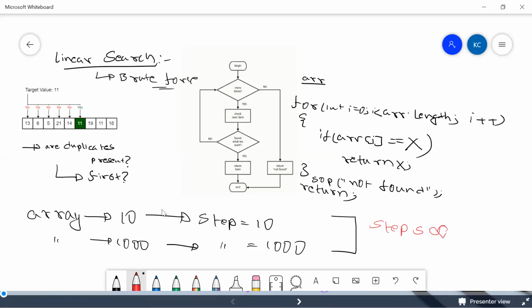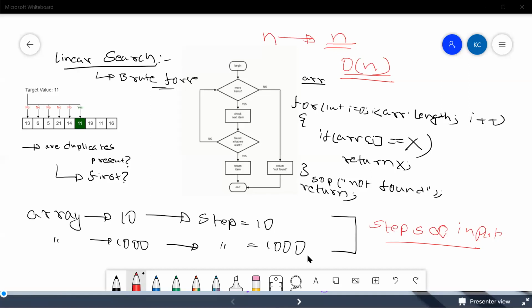With this, what I wanted to say is that the steps are directly proportional to the input. Whenever my input is n, let's say the size of an array, the number of steps also becomes n. Which means my time complexity becomes order of n. Order of n is an asymptotic notation, guys. This is not a good session to discuss what asymptotic notation is in detail.